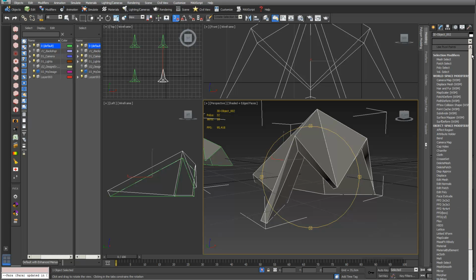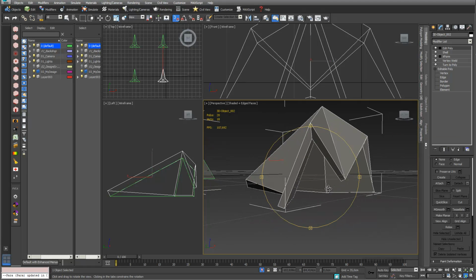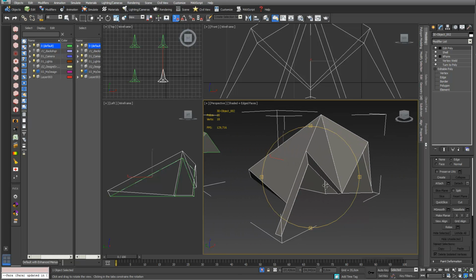If you put on another Edit Poly modifier, and go in the Graphite Modeling Tools properties and just say Hard, then it looks exactly the way we want. Okay, let's learn some things. The first thing I have to learn is that this XForm is really important. If I switch on the XForm,